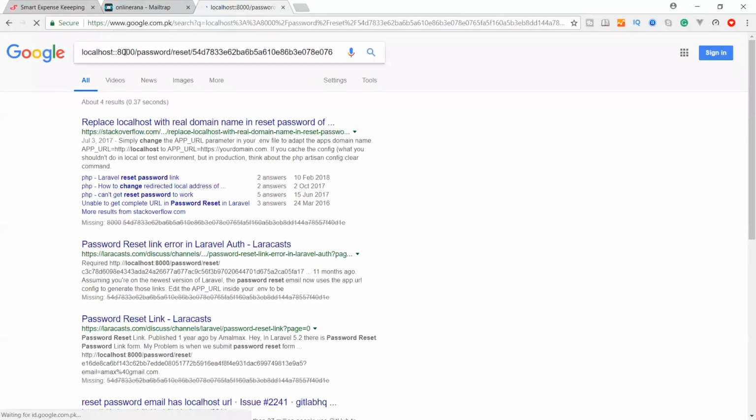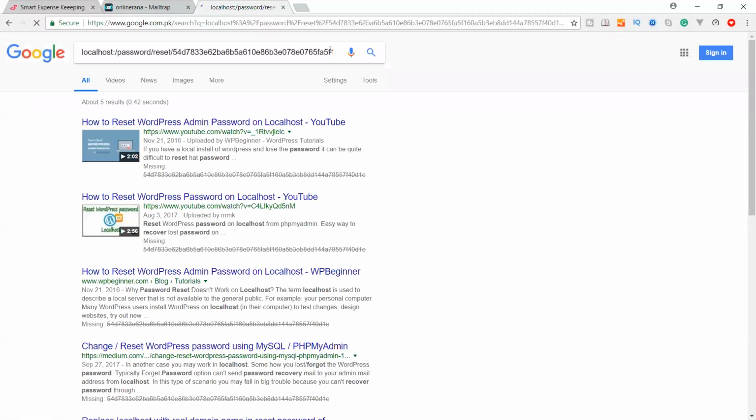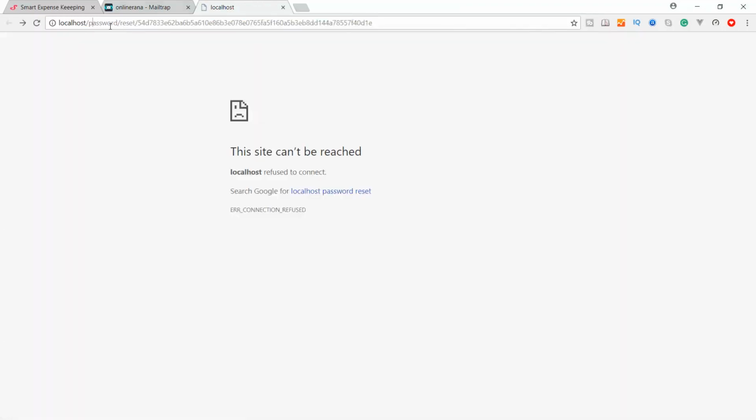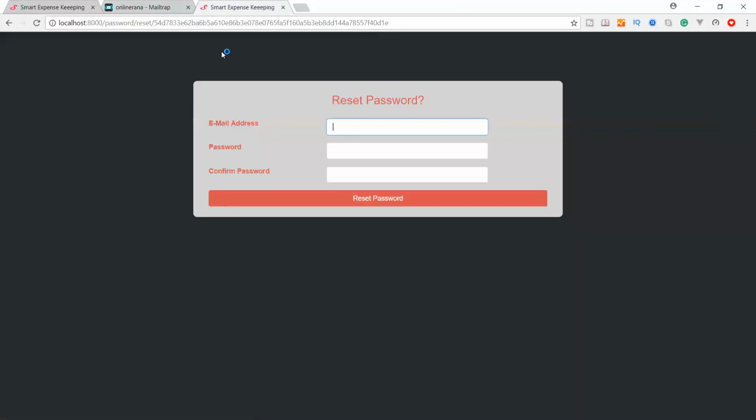Type colon 8000 and hit enter. So now we have seen the email layout and the password reset layout.